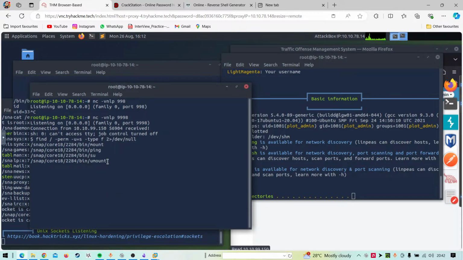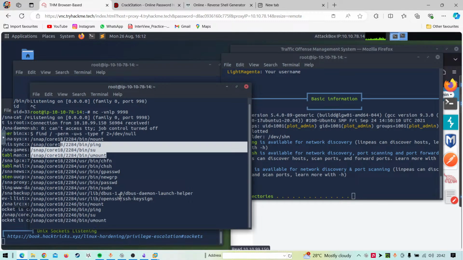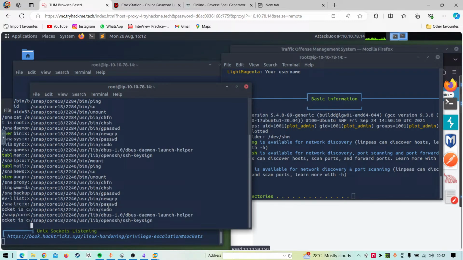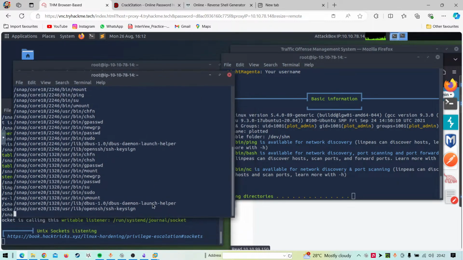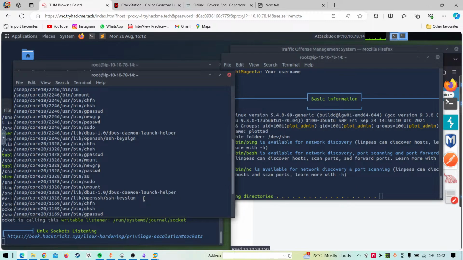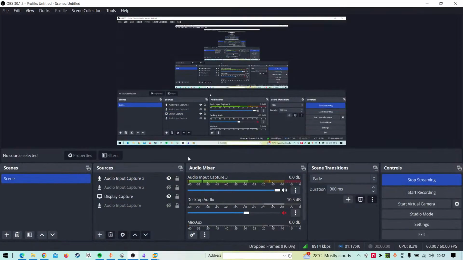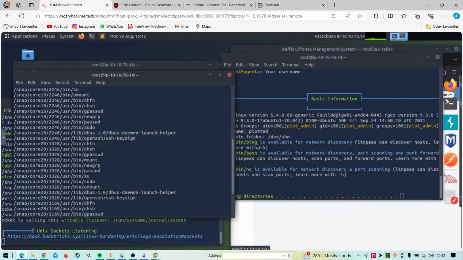Okay, so we are actually getting some results now after a couple of minutes. We have some of the SUID binaries, and there are a lot actually. I think the noise is not coming, right?